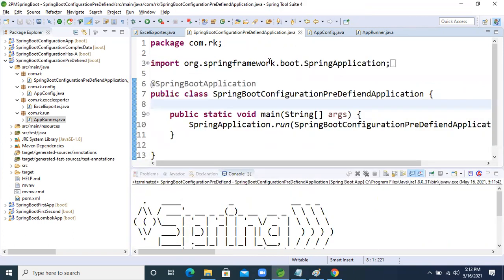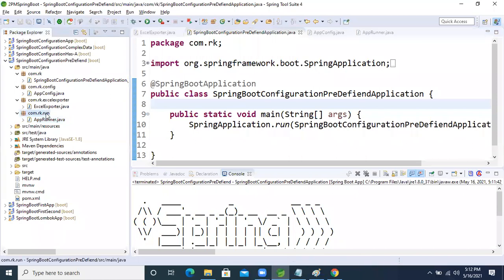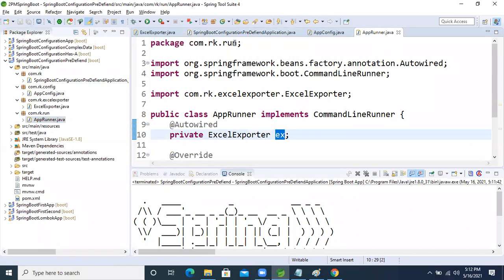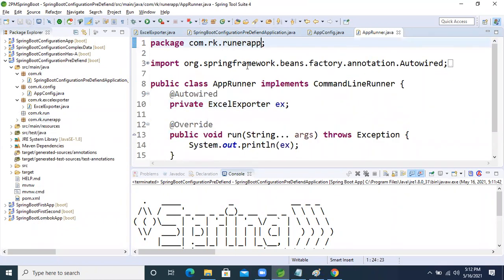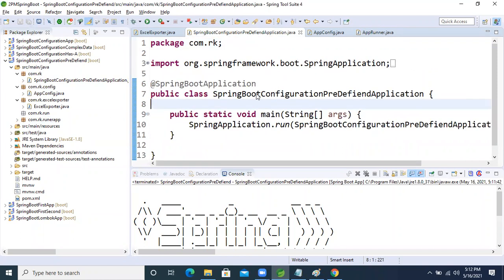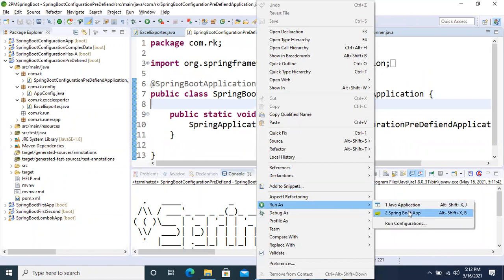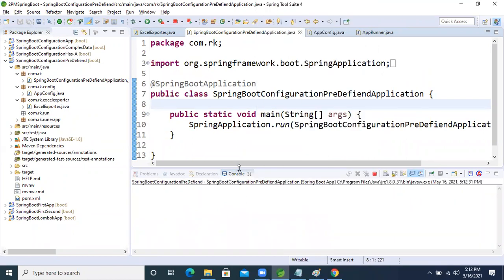I think it's not. One minute. The package I took for the run class, let me take the runner app package. Okay, fine now, because maybe the run package was there. So because of that, some things went beyond our expectation totally.